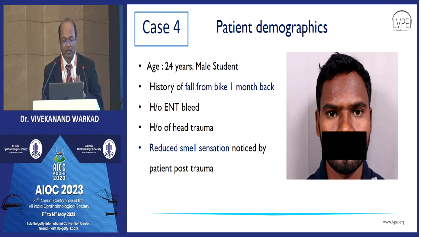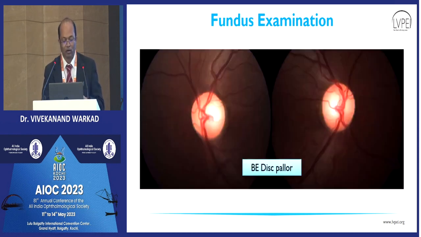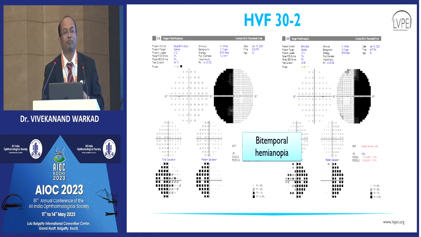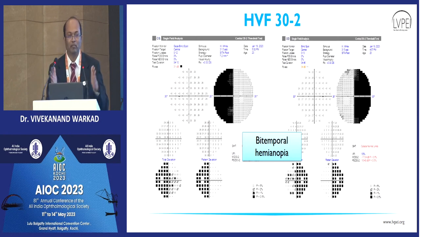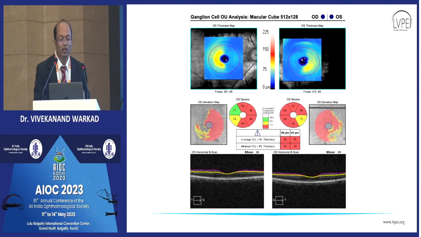This is another case, fall from bike, reduced smell sensation is a clincher, again from history, presenting like subclinical TON. The disc looks pale, because the patient presented almost 1 month after the primary trauma. And then look at this, the basic investigation, HVF, bilateral TON. Probably, this patient had actually kind of